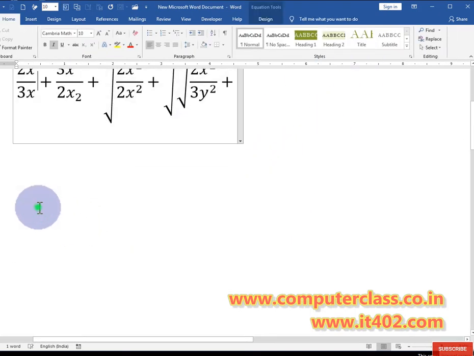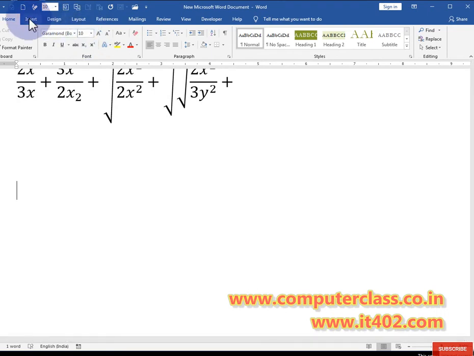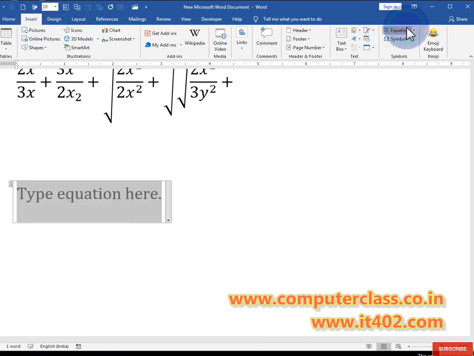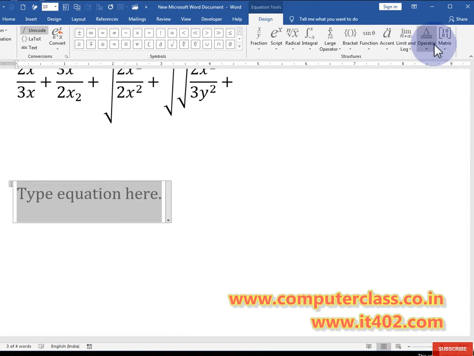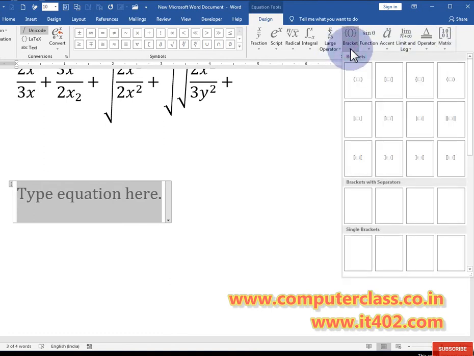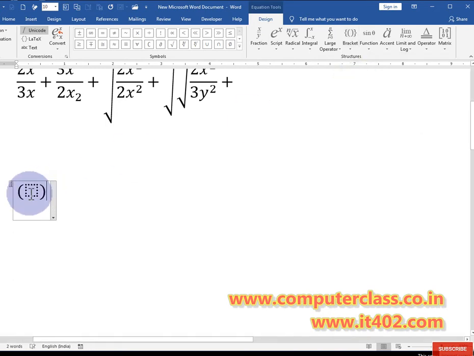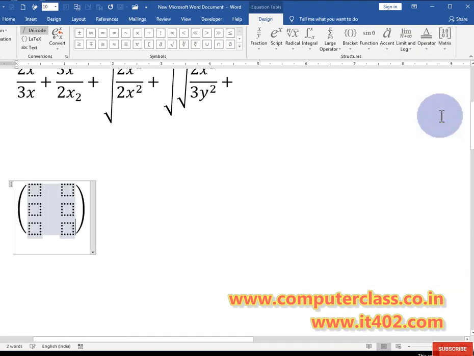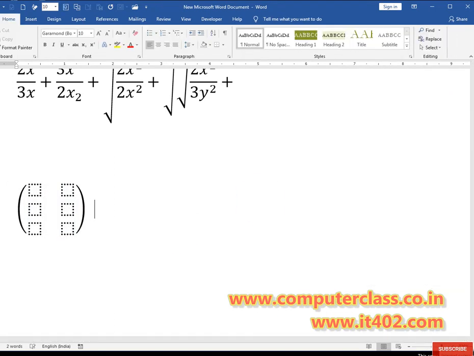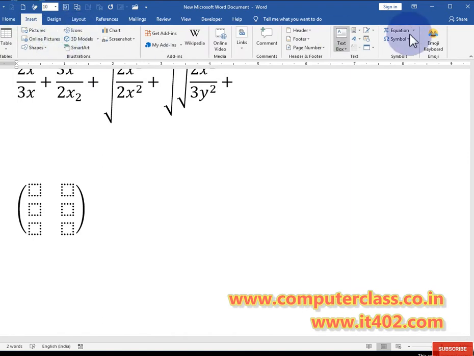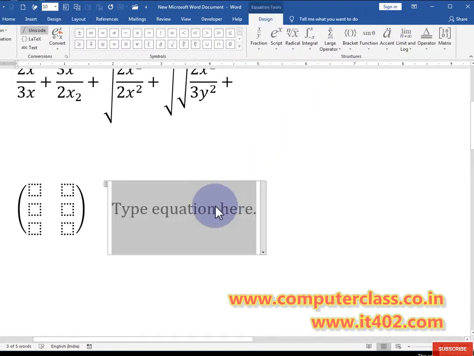If you want to do something else, then you need to click on insert, then equation, and a blank equation is there. Now go to the bracket. You don't need to use the bracket option with the keyboard. You will use it from here only. So just click here. After that click the particular box and you can convert it into any form, like that. So this is the basic practice. Once you practice, after that you will create any type of equations.